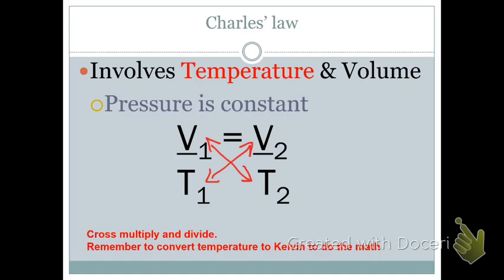a linear equation. When we do that cross multiplication, we wind up with V1 times the second condition of the temperature is equal to V2 times the first condition of the temperature. So if you need to, go ahead and write this down. That's how we go from two ratios to a linear equation. We're going to cross multiply, and then once we cross multiply,